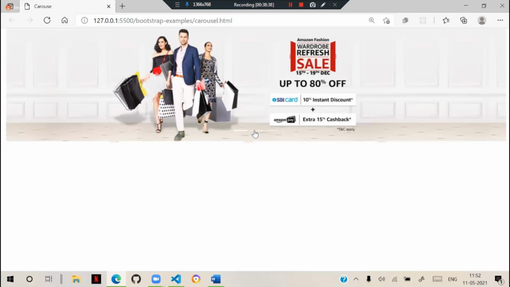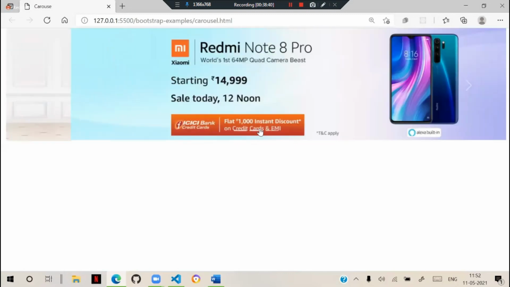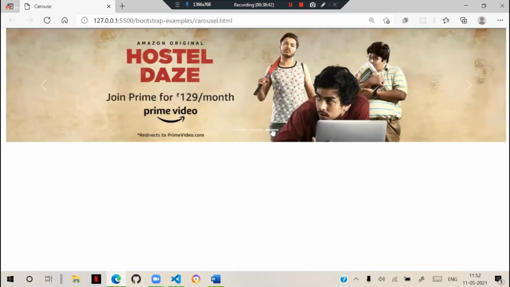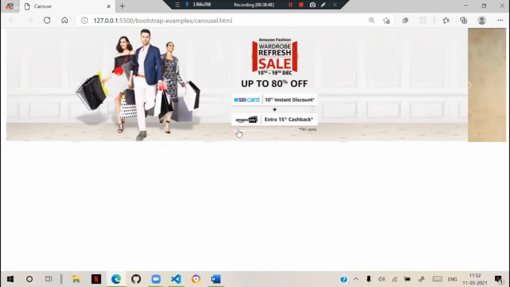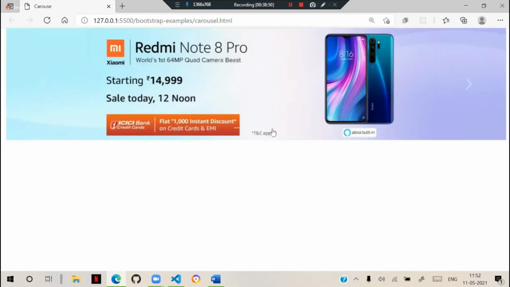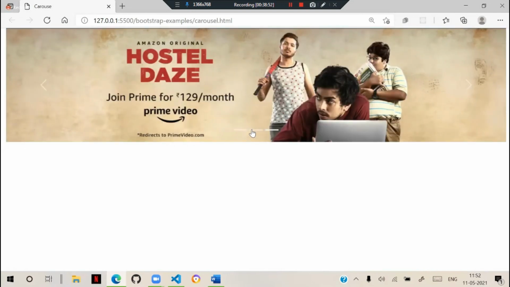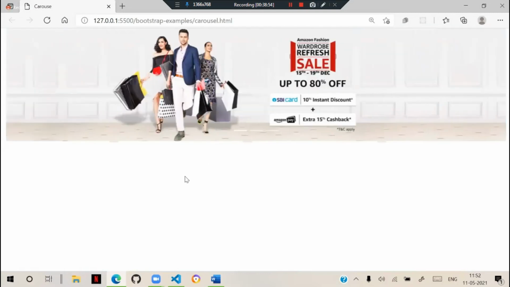I click on the second one, it will come. I can click first and directly go to the third. That means you can go to any particular item directly. So that is generally how we can use indicators.